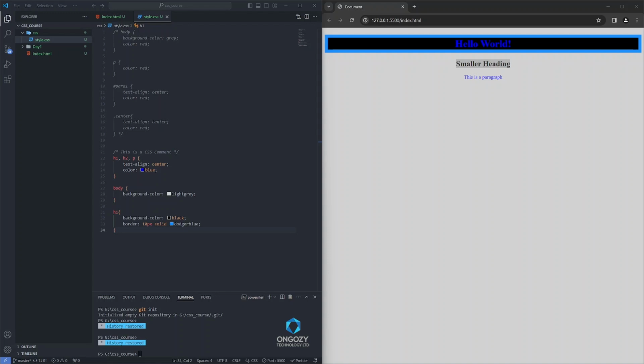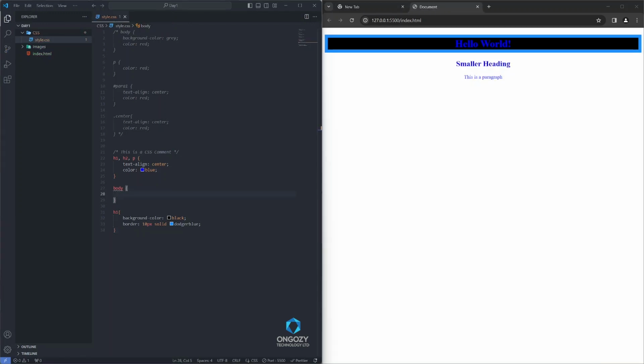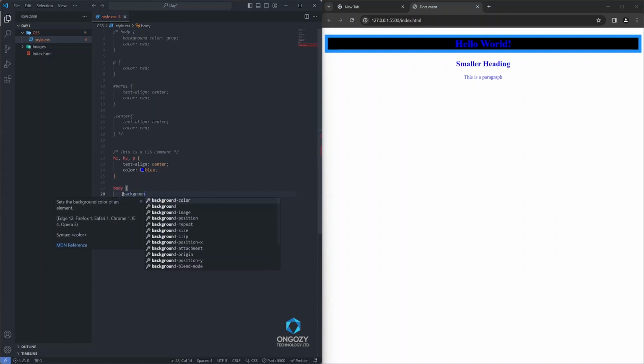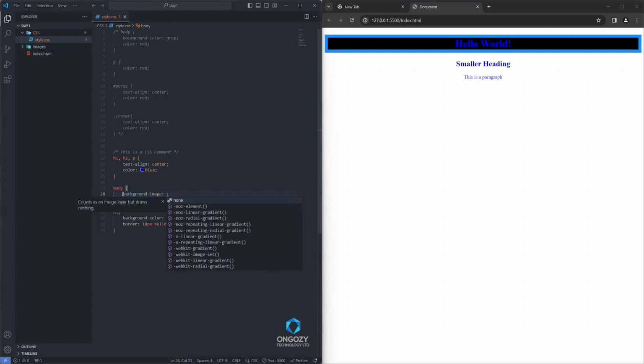Let's talk about the CSS background image. This property specifies an image to use as the background of an element. By default, the image is repeated, so it covers the entire element. For us to insert a background image in our page, in our body element, we are going to write background-image, and then we are going to write url, and